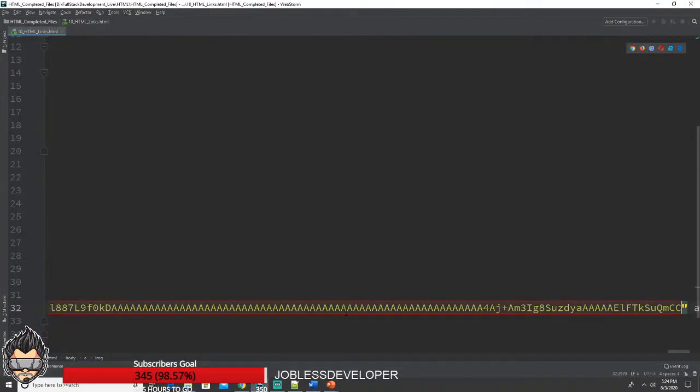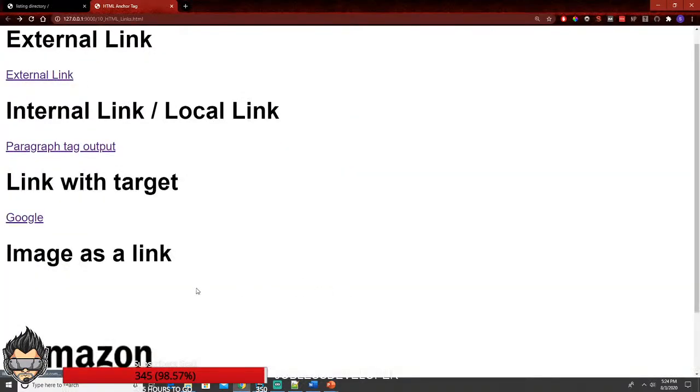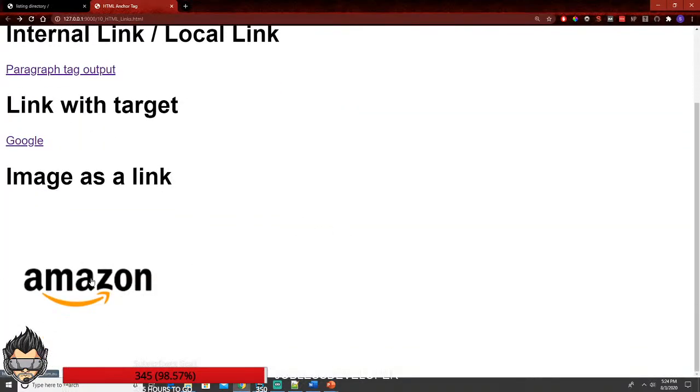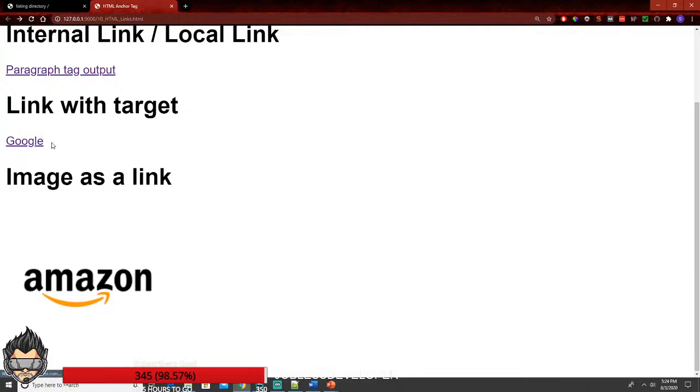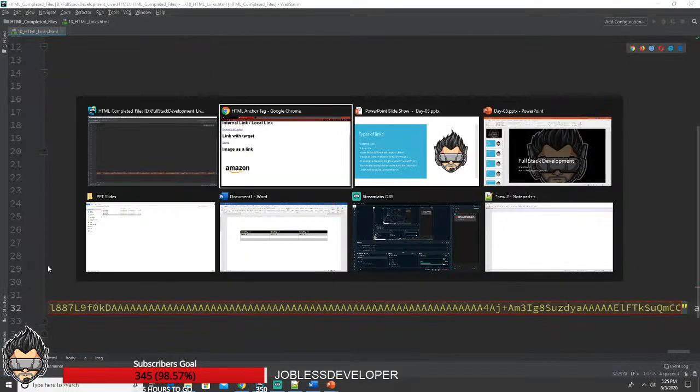You don't need to have an image file; if you have an image address, that's enough. So if I click on the Amazon image over there, it's going there. Now, rather than using text as a link, you've used an image as a link. That's amazing. You got to discover one other concept. So the next thing is